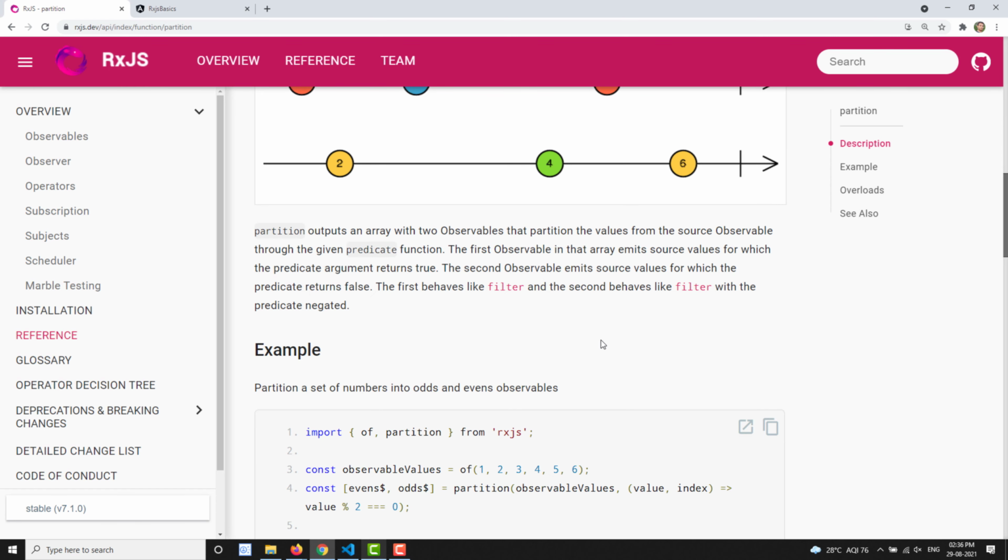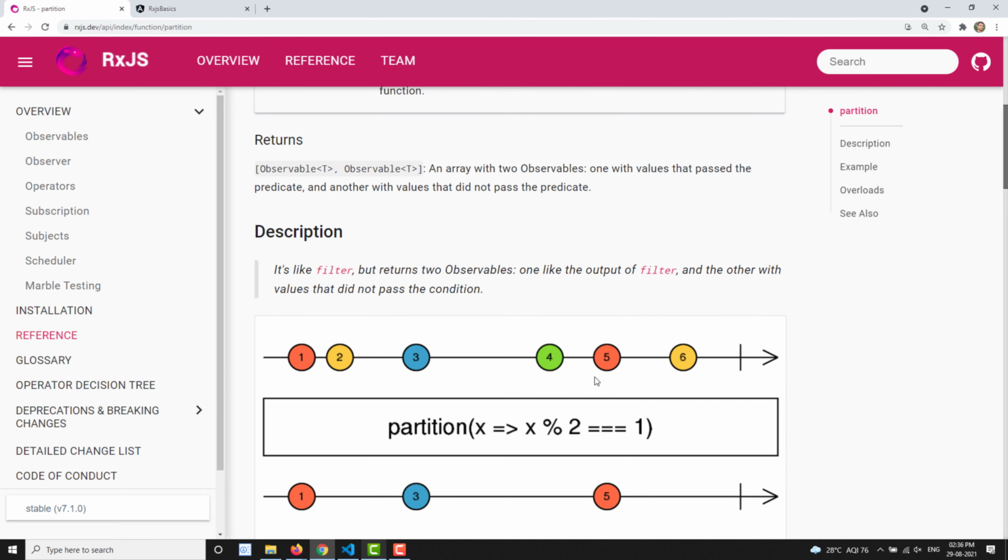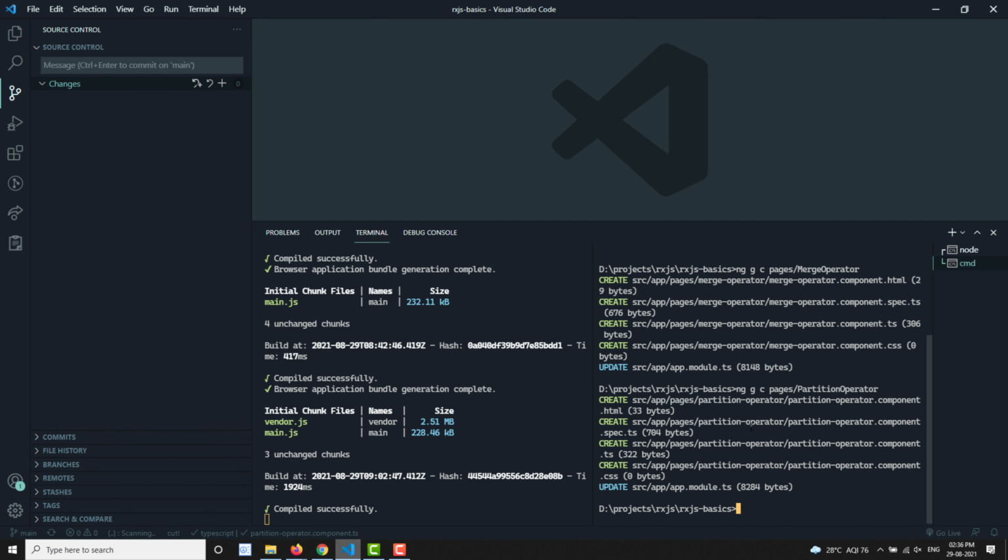So let's try to see the practical implementation of this partition. Let's go to the code, and here I will create the partition operator.